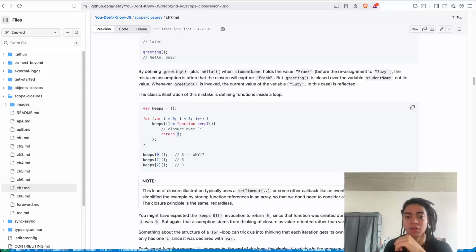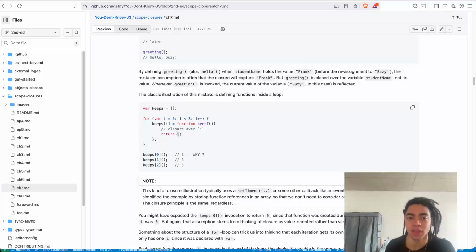And you are holding a reference to this. Because here it's going to execute this, and since you are holding a reference to the outer,